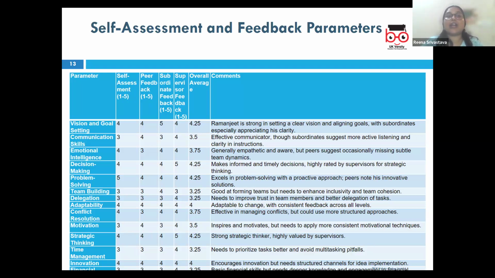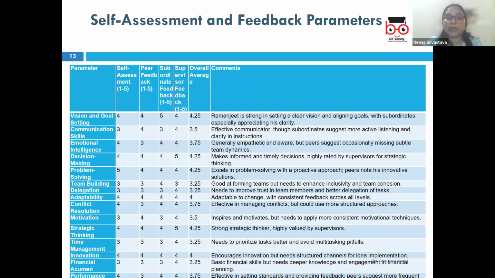Again, your strategic thinking. You have to ask yourself, how well do I set long-term goals and create a vision for the future? And do I define and achieve clear and actionable goals? Do I inspire others and motivate myself? So after your creativity, risk-taking skills, continuous improvement skills, when you go through each and every parameter, you will be